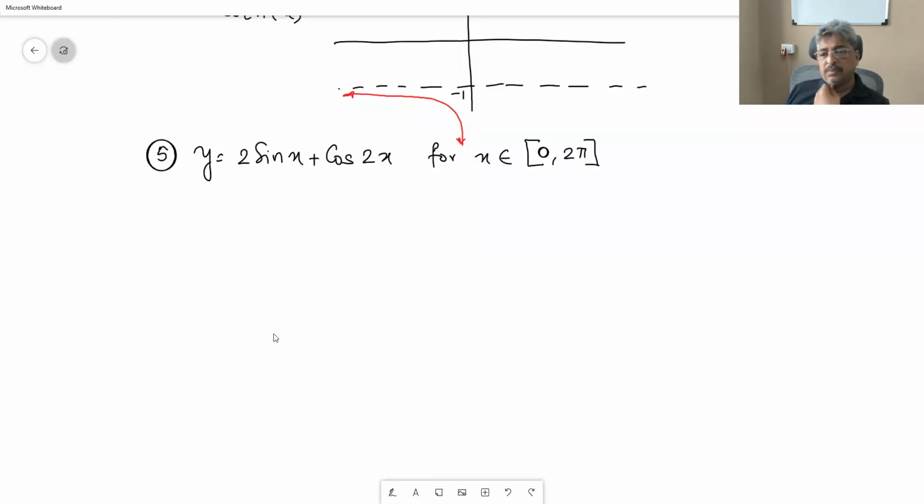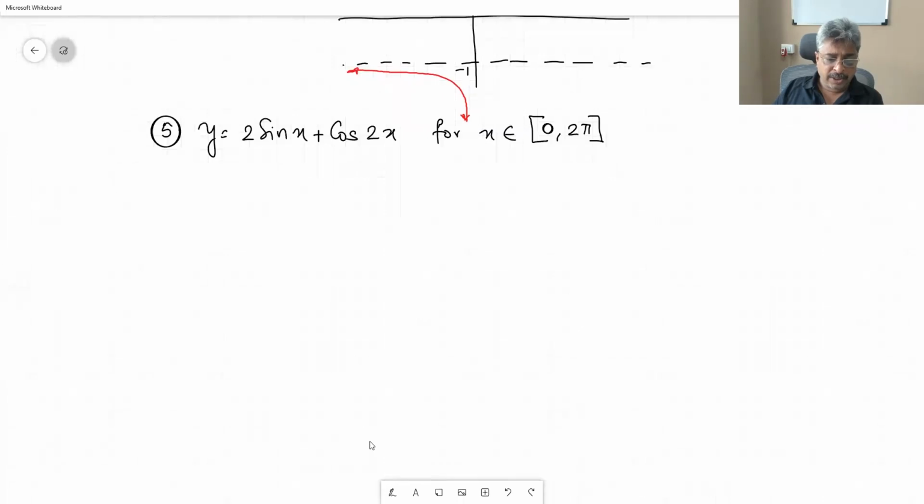As it is a compound trigonometric function, an addition of two trigonometric functions, finding derivatives is not difficult. Maybe you will get long first and second derivatives, but it should be easy, and therefore getting the maxima and minima points is going to be easy. So the graph eventually will look like this: